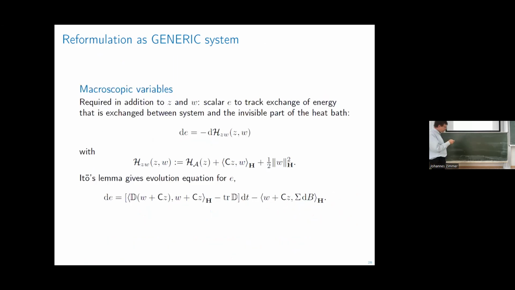So, again, why the energy? The energy is measuring how the exchange of energy happens between system A and system B. So how is the energy between Z and the reduced variable W? And that is what I had before. It's the interaction, it is the projected L2 energy for W. Projected meaning it is evaluated for W, and it is the Hamiltonian of the original molecule. So this is a natural Hamiltonian. If I compute the trade-off change of E,